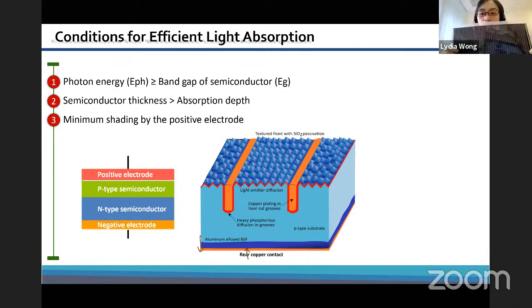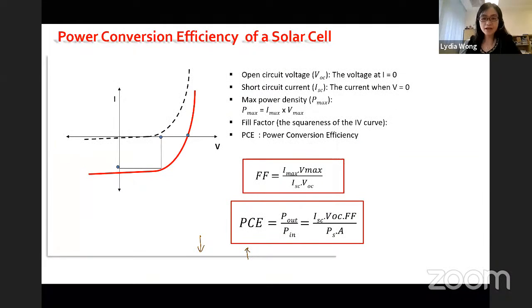Okay, so you cannot cover the whole region of a silicon solar cell with silver, because silver will just absorb everything and you will not be getting electricity from the light. Okay, is this clear? Any questions? Okay, so I think this is the last slide before we have a short break.